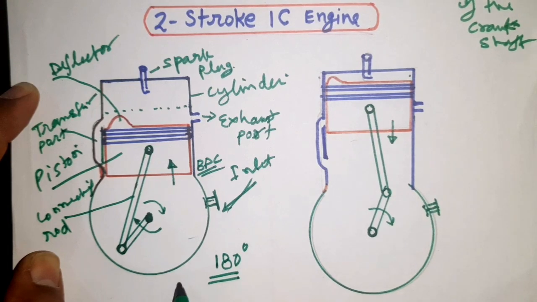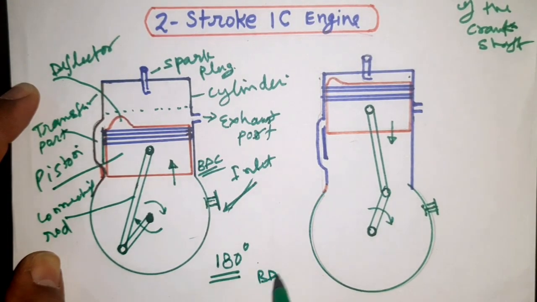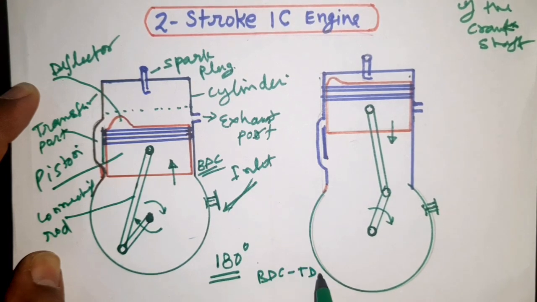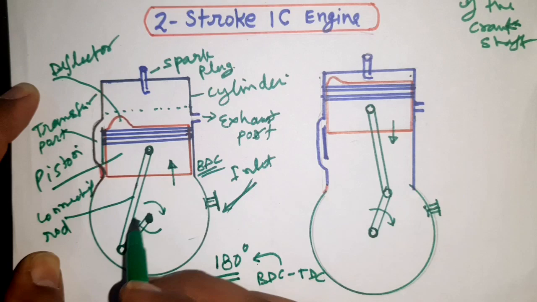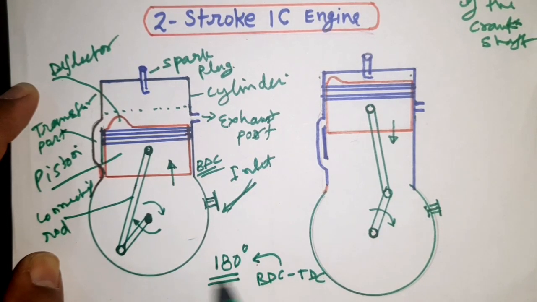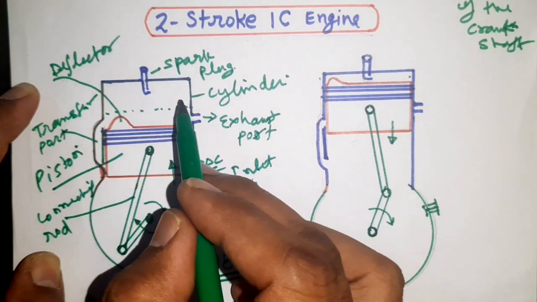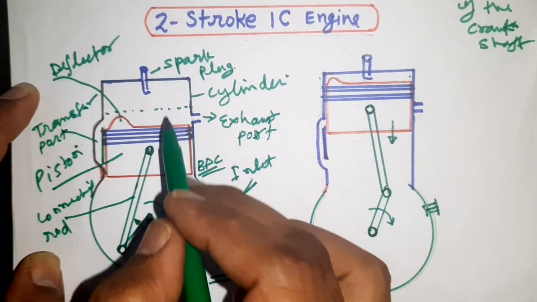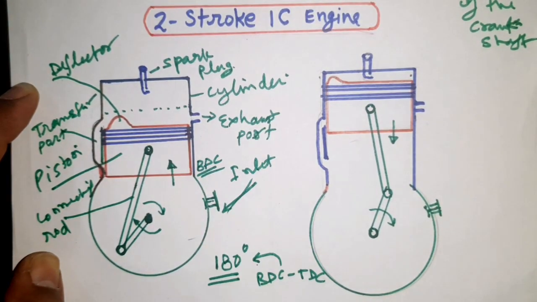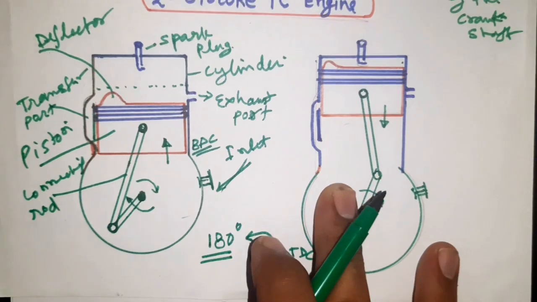So one stroke, BDC to TDC, corresponds to a crank rotation of 180 degrees. In this rotation, two strokes are completing: compression and suction. Okay, so in the second condition you can see